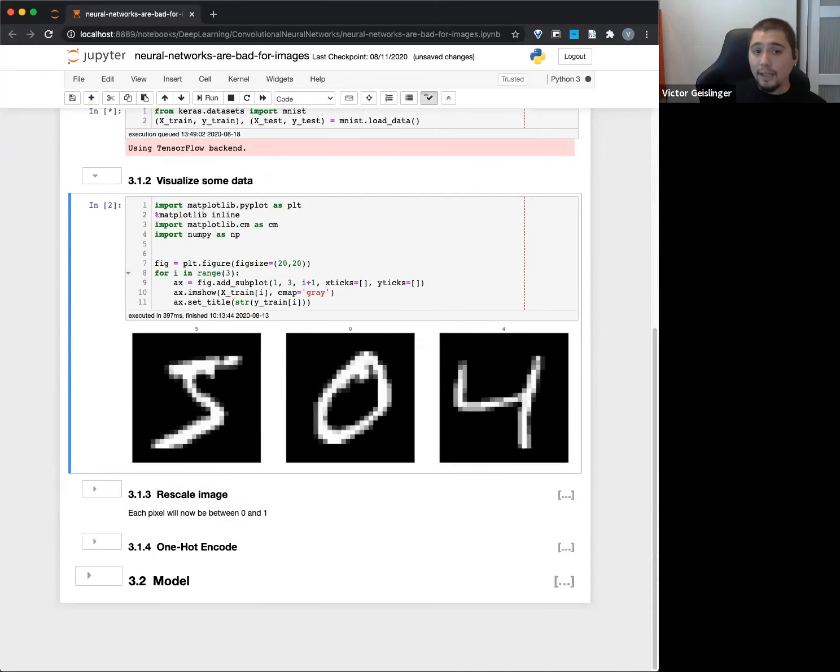Basically, it's just doing a neural network and then we evaluate it. If I remember right, it got something around 96% on the test data, which is not bad, but this is a really simple picture. I can't remember how many pixels by pixels this is, but you can see the pixels on here. It is really easy to see, right?